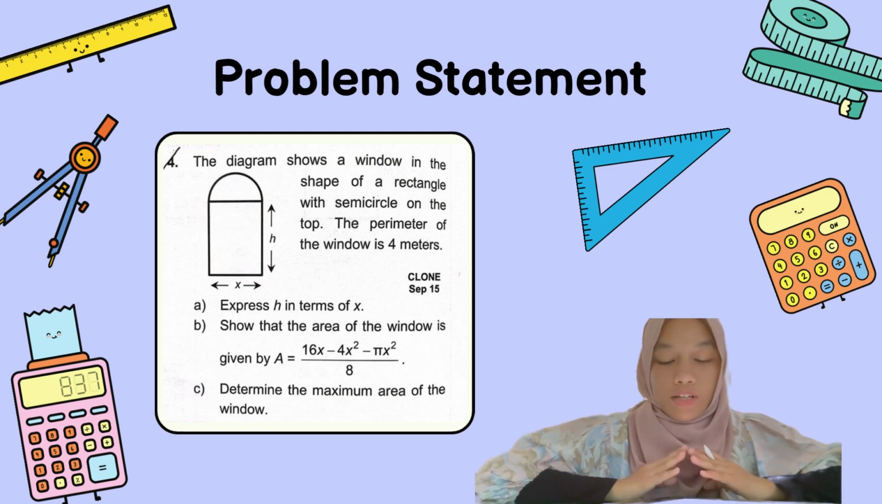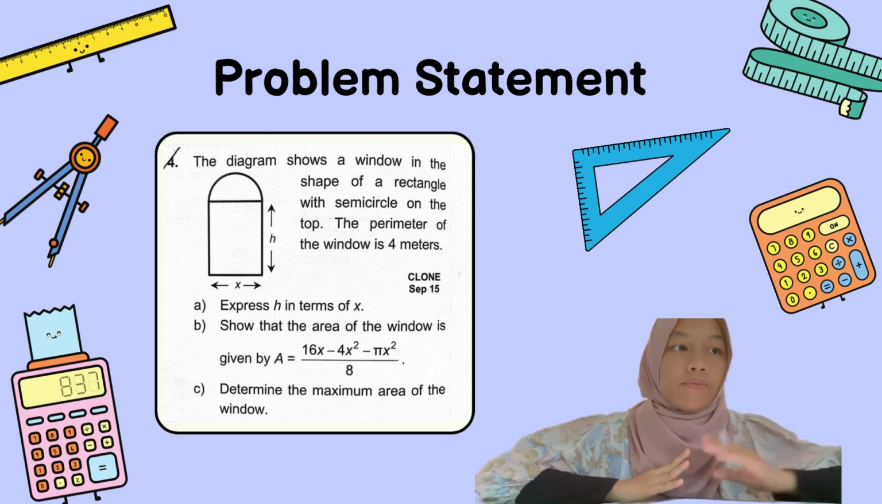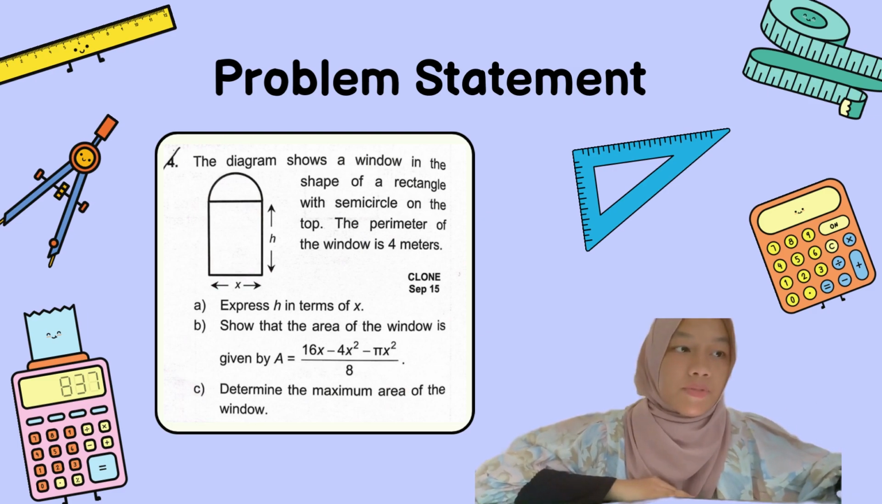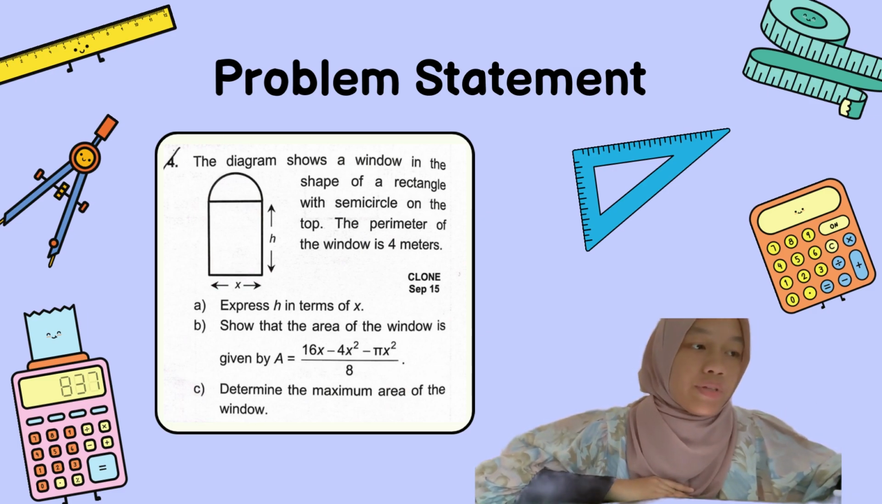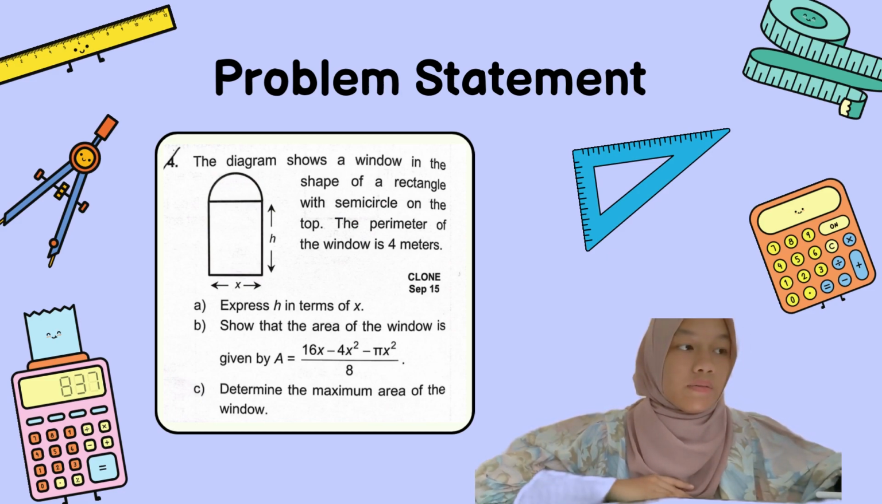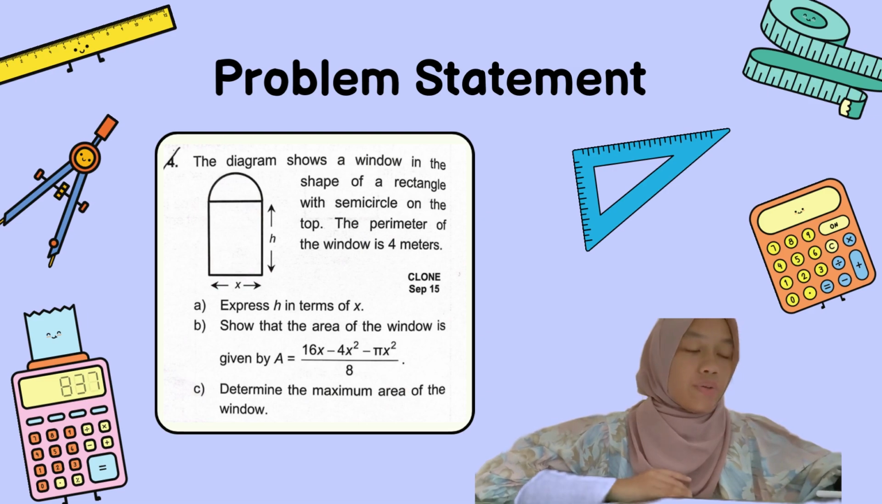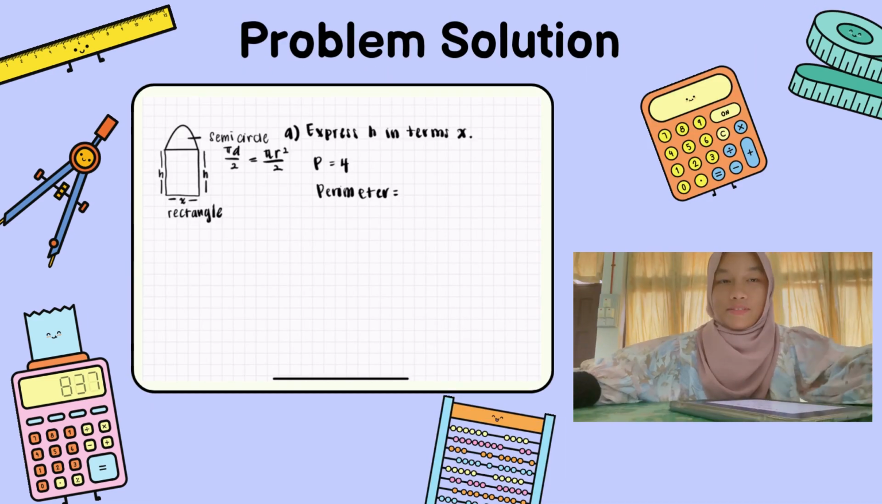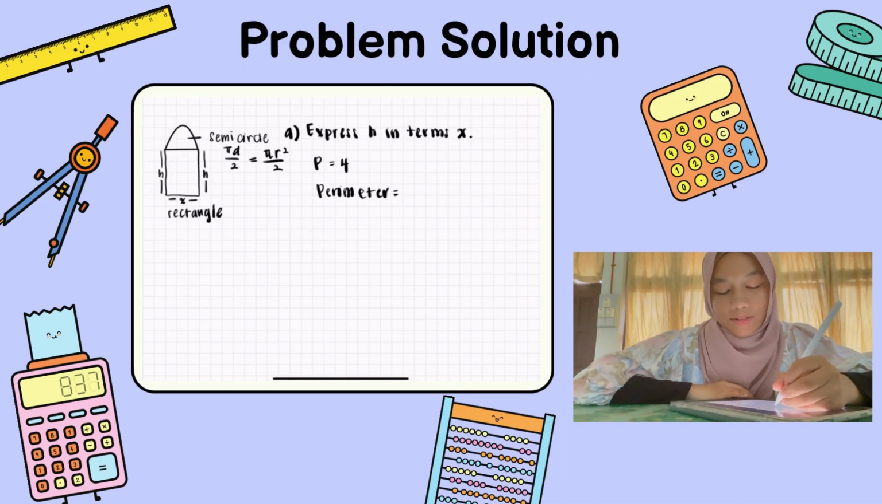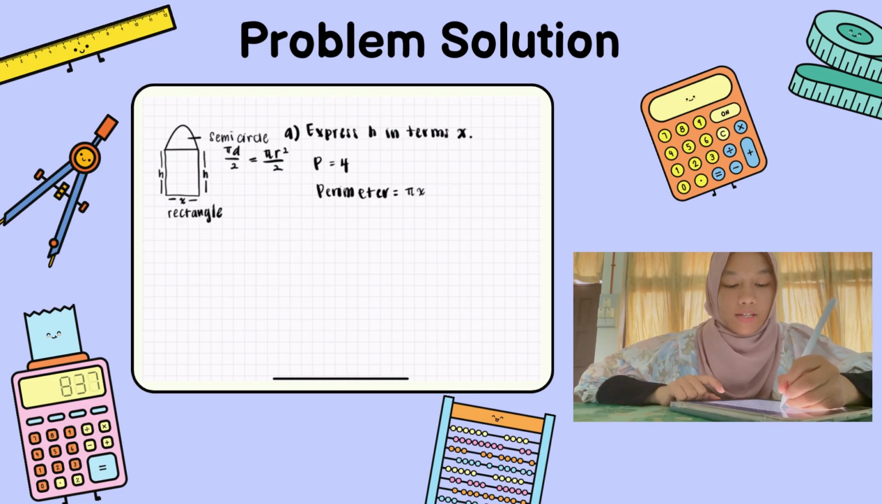Okay, so today we're going to do some questions from maximum and minimum problems. Refer to homework 51, question number 4. The diagram shows a window in the shape of a rectangle with a semicircle on the top. The perimeter of the window is 4 meters. The perimeter is the total sum of all the sides. So pi r, where r represents x over 2,